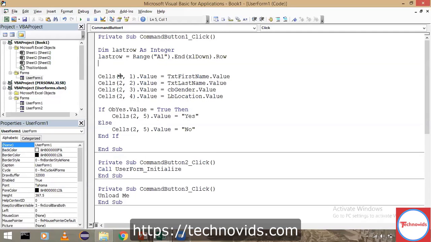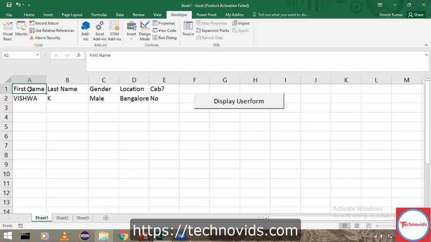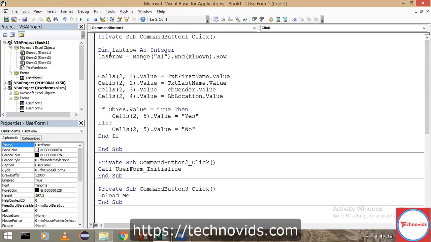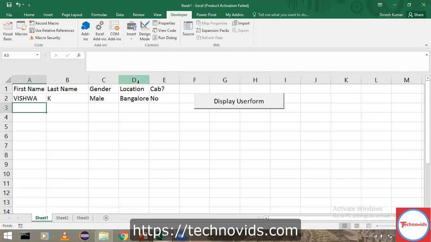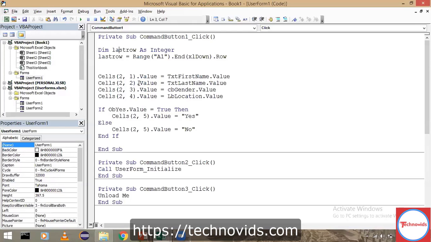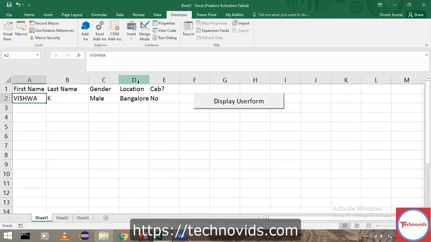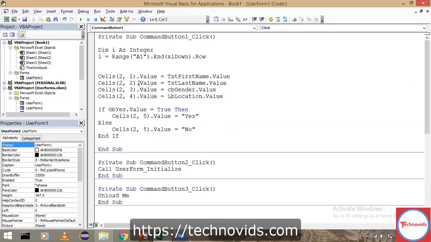Now this will go to A1 and come down once to the second row. That is your last row, but that is not what I wanted. It has to go to the next row. Let's simply take I as Integer. Now I would be 2, not 3, correct? So I want I plus 1.